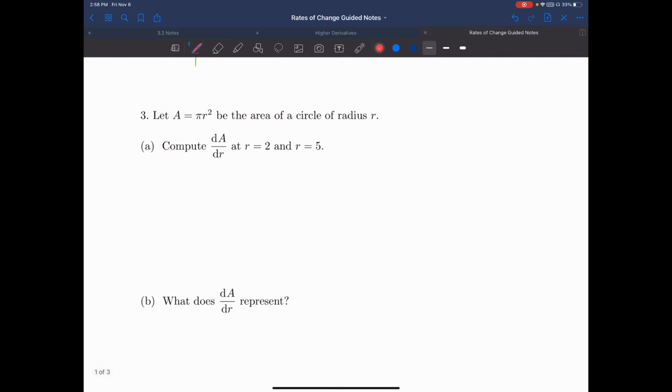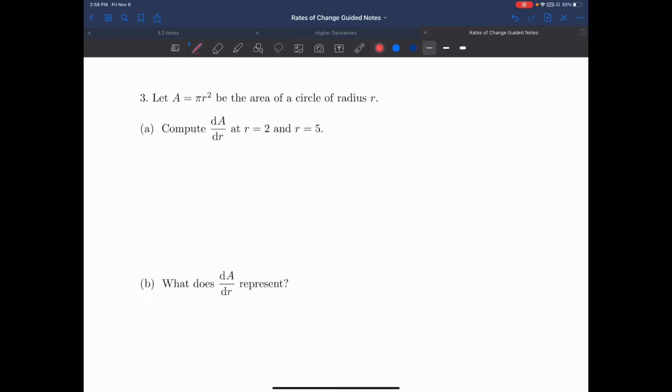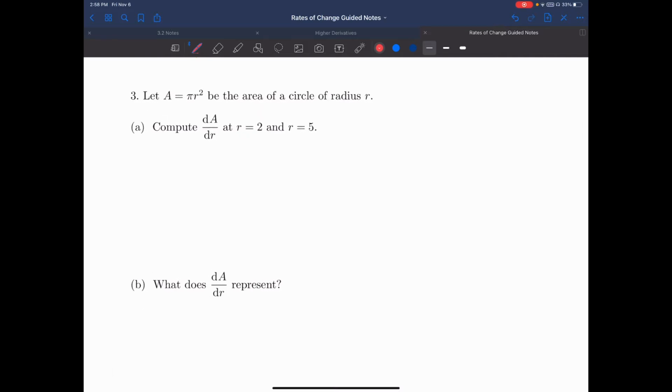Okay, so let's look at some examples here. Let A equal pi r squared be the area of a circle of radius r. Compute dA/dr at r equals 2 and r equals 5. So this is just using a different notation. This is Leibniz notation. We've been using f prime, which is Newtonian. So to compute dA/dr, we would just have to take the derivative of the area. So if the area equals pi r squared,